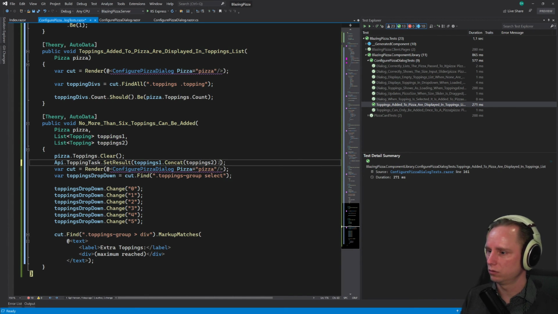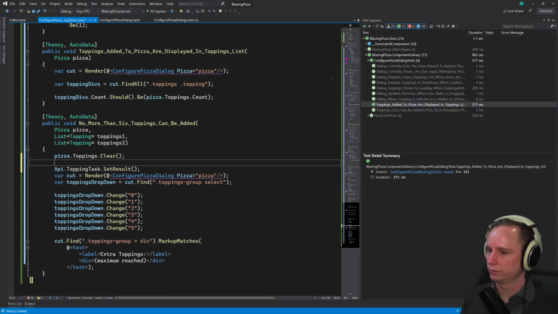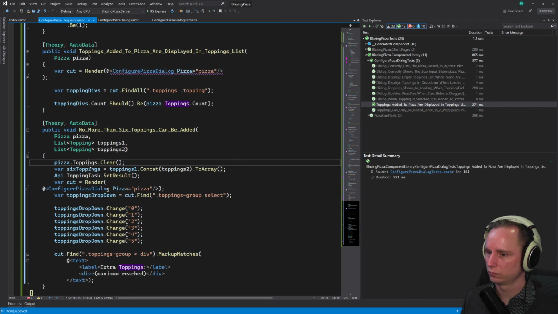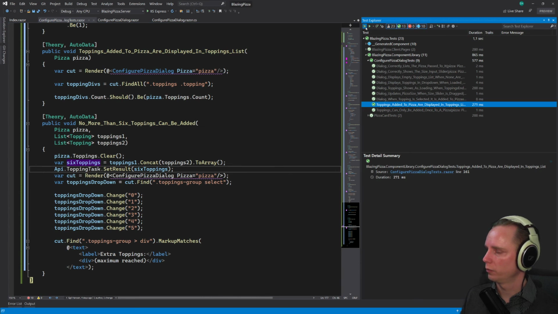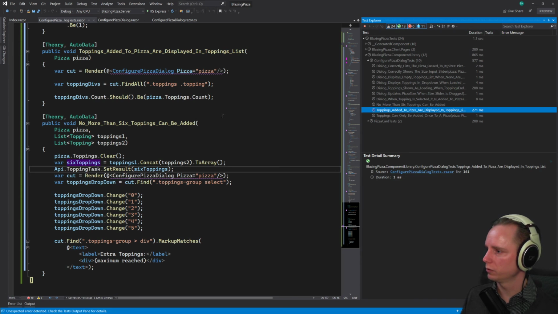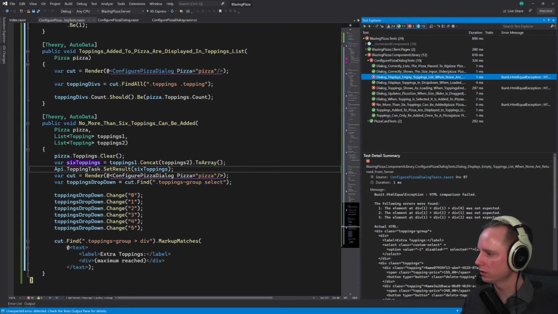Okay, I need to do a to array on this. Okay. Bit of boilerplate code going on in this test. Could probably be written a bit nicer, but